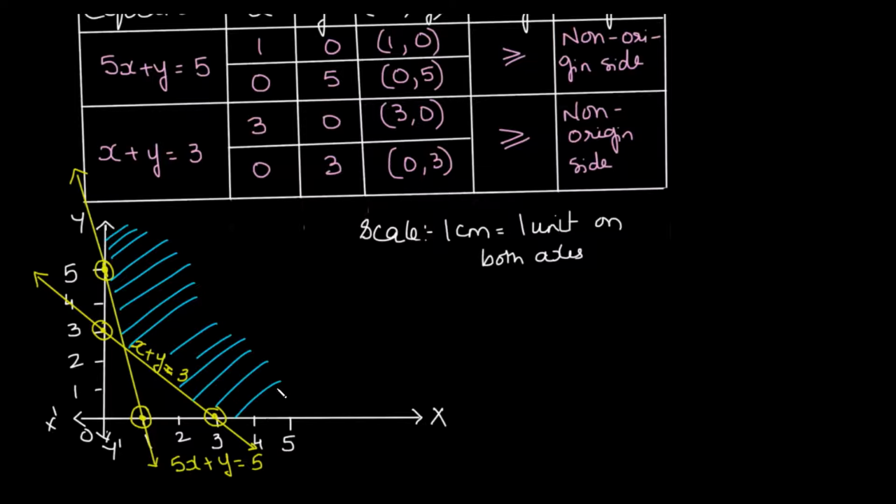And as you can see, we are getting an unbounded region, which should not worry us because we are going to find the minimum solution. We have to minimize the sum, and therefore we need not worry about an unbounded solution over here at least. So let us write the feasible region and the corner points. The corner points are named as A. Suppose this is B and this point is C. So we say that A, B, C is the feasible region.